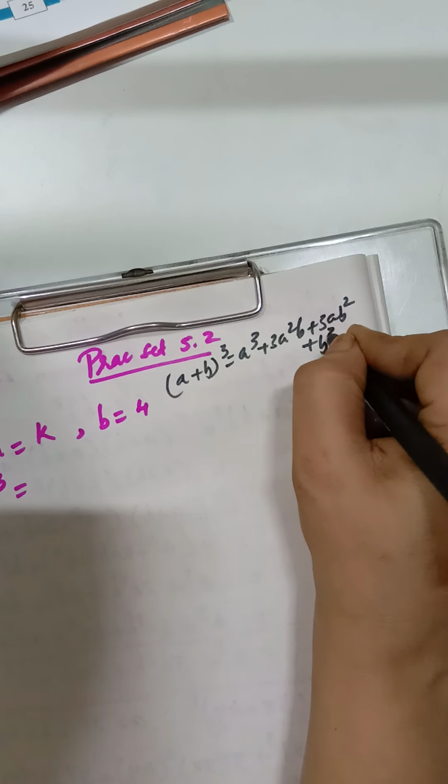101 the whole cube. So this I can write as 100 plus 1 the whole cube. The formula will be same: 100 cube plus 3 into 100 square into 1 plus 3 into A is 100 into B square, that is 1 square, plus 1 cube. Okay children. Now see children, here I have not written A is 100, B equal to 1. Okay, this is your A, this is your B.